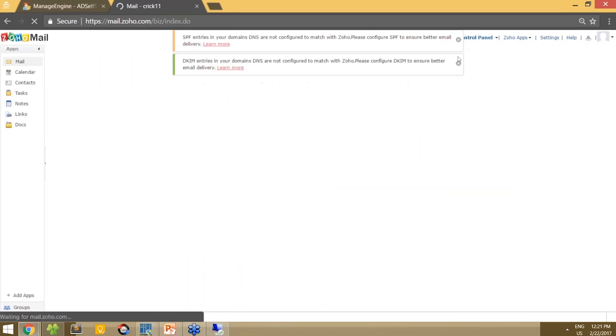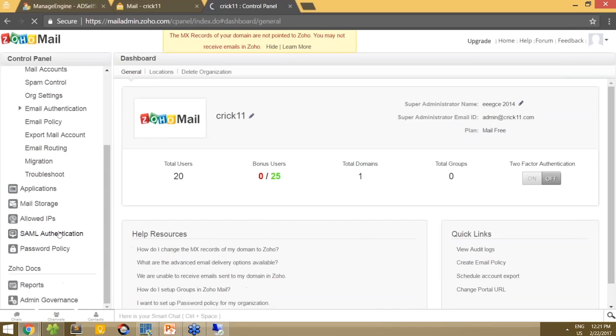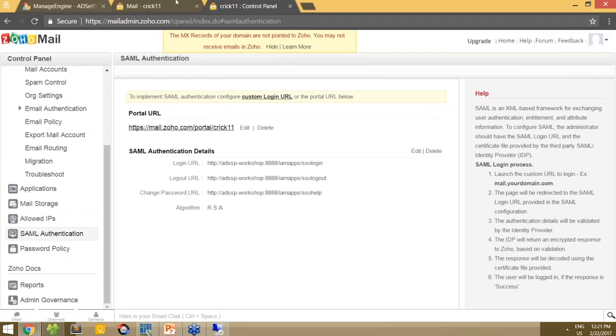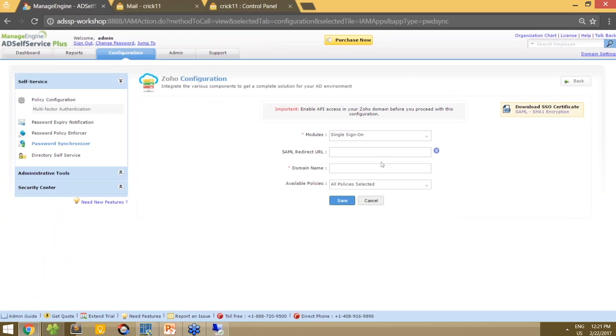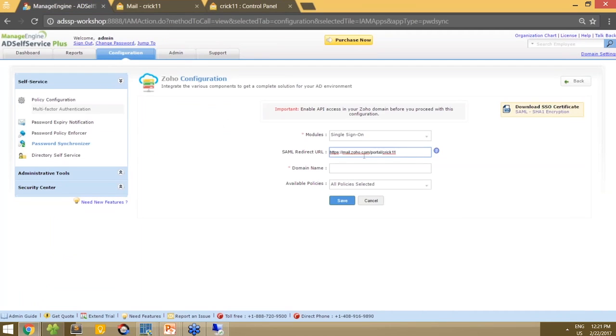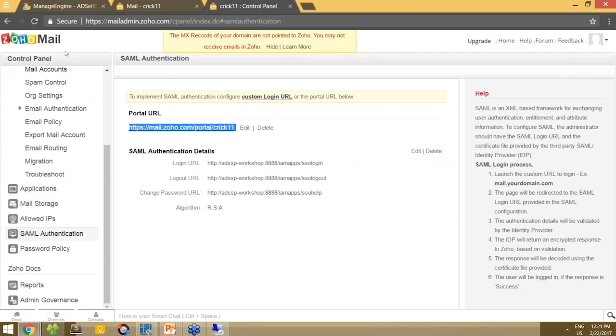The next step would be like how I did for Google Apps. I'll be heading over to the control panel within Zoho. And here as well, there will be something called SAML authentication. If you were wondering earlier what should be the values here, the SAML redirect URL is basically this URL over here. So I'll just copy that and paste it here. The next one is the domain name, and that is